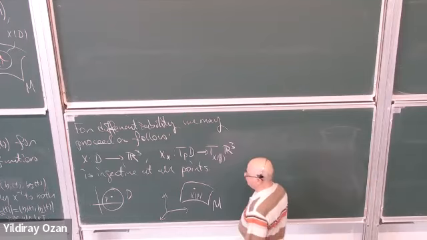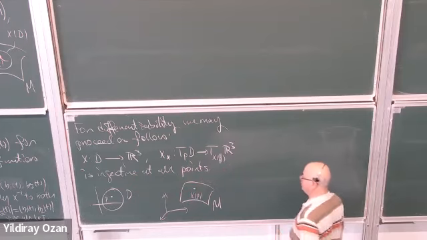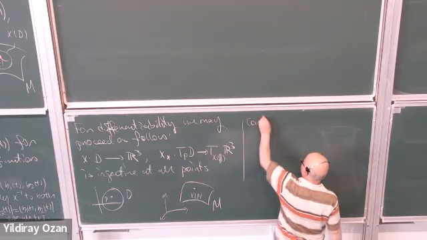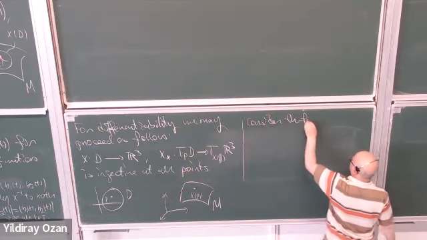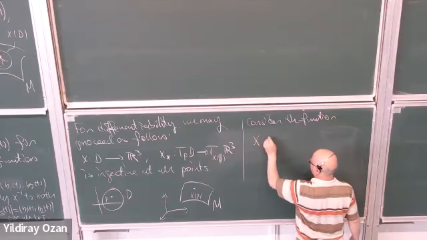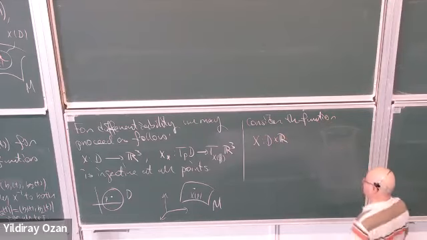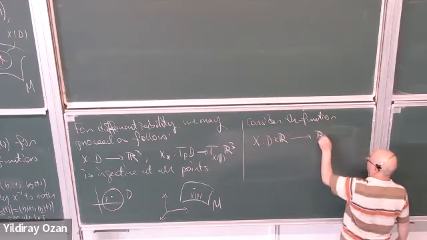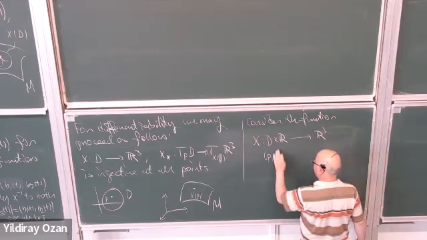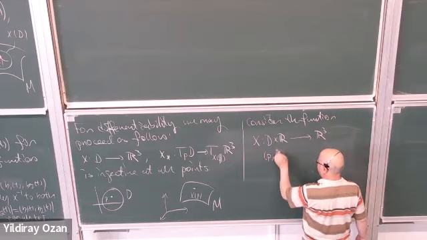Okay, we may extend this X to a function in R3. How? Consider the function big X from D cross R into R3 as follows. So if I have, let's say, T here,